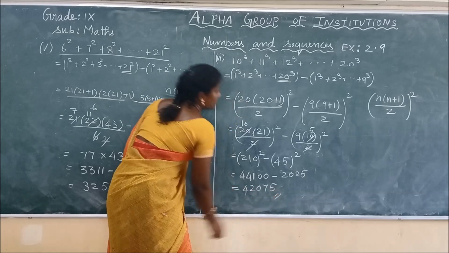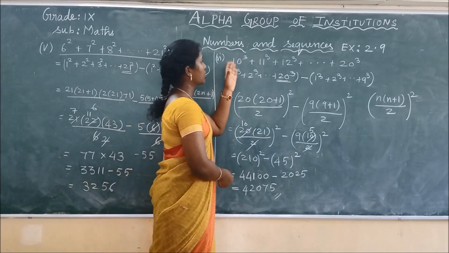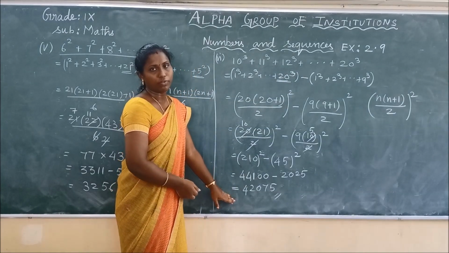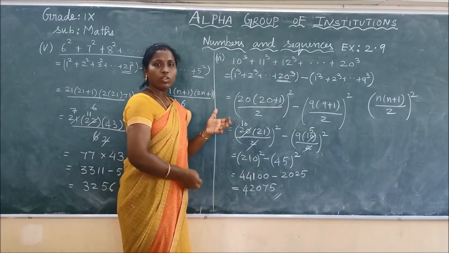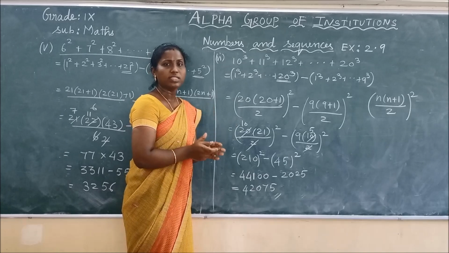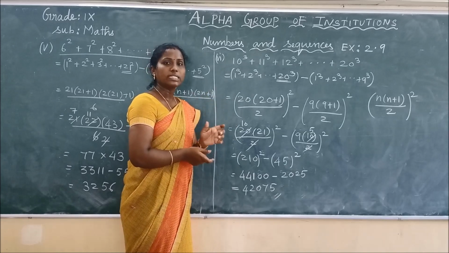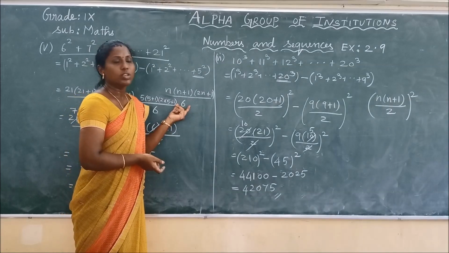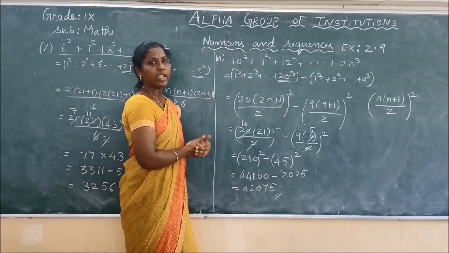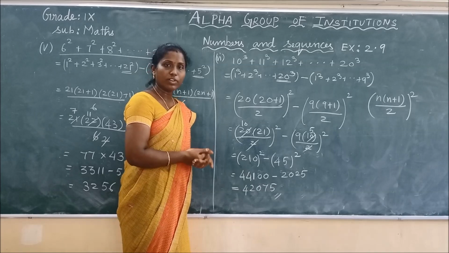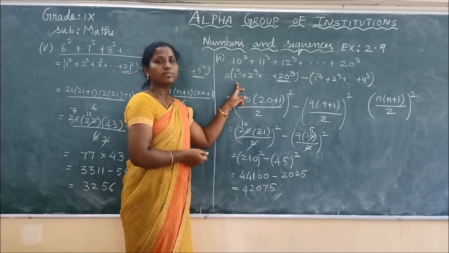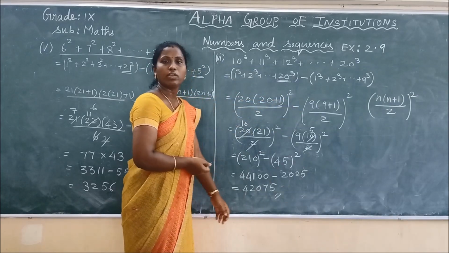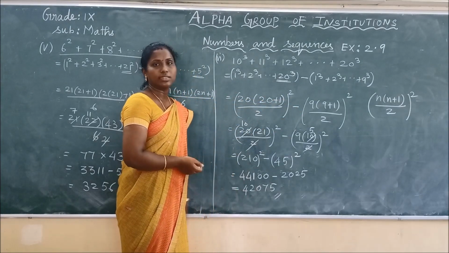42075. Okay, so if you are adding the cubes of natural numbers from 10 to 20, the value is 42075. Whenever you are having the special series, see the series ones and read out with the formula. So for what series, cubes, squares, we have to use this formula. If you change the formula, the problem will go wrong. Take the last number and subtract the terms which are not given in the question and find the answer.